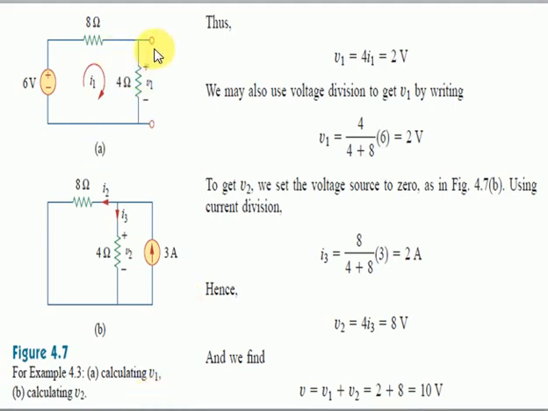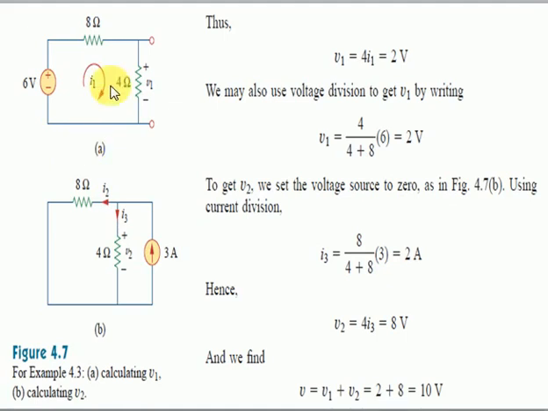So now by opening these terminals, we get this circuit, and this is only a series circuit, and here this is the V1. And what is V1? V1 is equal to 4I1, as it is a series circuit, and in a series circuit the current remains the same. So we can get the value of V1 first of all by using Ohm's law, that V1 is equal to 4I1, and we may also use the voltage divider rule. In the voltage divider rule, V1 is equal to total voltage multiplied by that resistor whose voltage you have to find out, divided by the total resistance in that circuit.